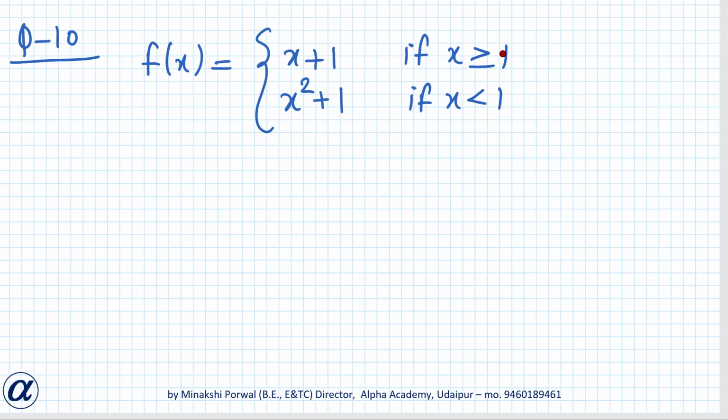Okay. When x is 1, the value is x plus 1, so it will be equal to 2. When x is greater than 1, that means for the right hand limit, this will be the value of function, and when you substitute the value, you will get 2 only. For the left hand limit, this will be the value of the function, and when you substitute the limit, it will be again 2 only. So just by seeing the question, we can say that this function is continuous at all the points. So now we'll be writing how to write this.